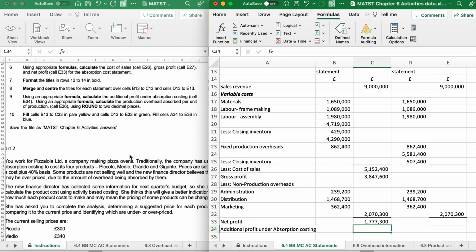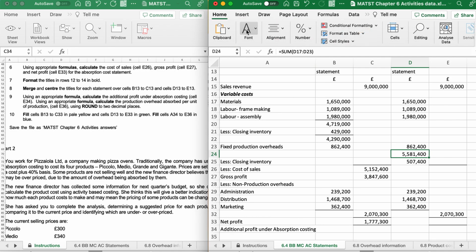Using the appropriate formulas, calculate the cost of sales in E26, which is here. E26, cost of sales for absorption. So I added these up, but I forgot to put the line. That's better. Now I need to do the cost of sales. So equals open brackets, C22 less closing inventory gives me